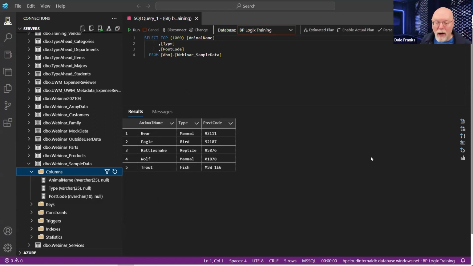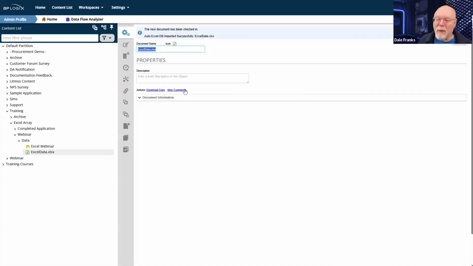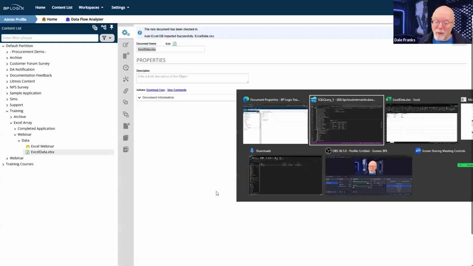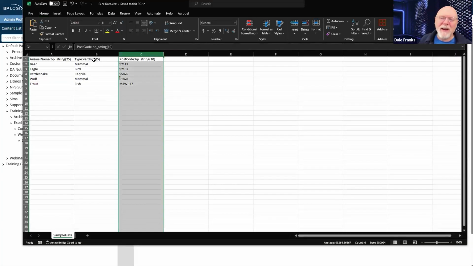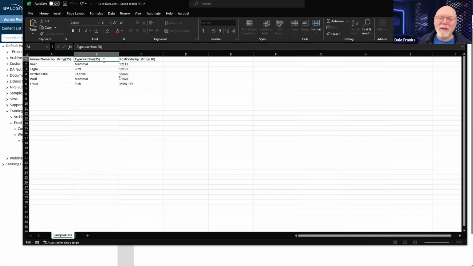Okay, so great. I've got some data in, but now, because of the way I've done this, and by the way, I'm going to re-import this one more time because having one field as a varchar and the other two as nvarchars is super irksome.